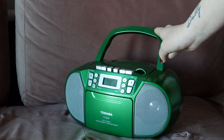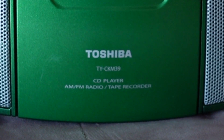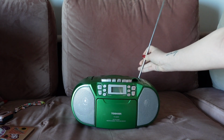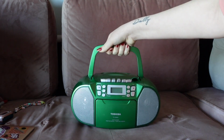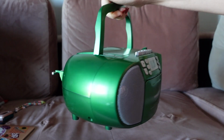But today we are talking about a little device that I have gotten questions about several times. You often see it featured in my background and sometimes in my Instagram photos as well, and that is this little boombox here. This is the Toshiba, model TY-CKM39. This is a CD radio and cassette recorder boombox, and today we're going to be doing a little chat, and I guess you could somewhat call this a review. I hesitate to call the videos that I do reviews because I'm a bit too scatterbrained for that type of